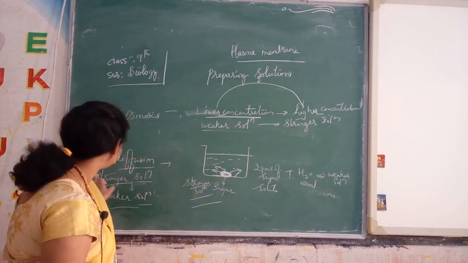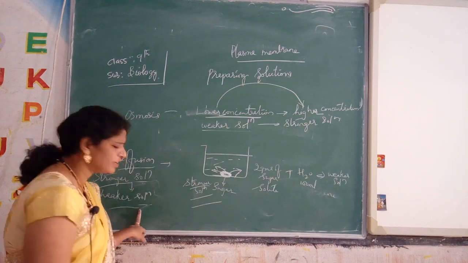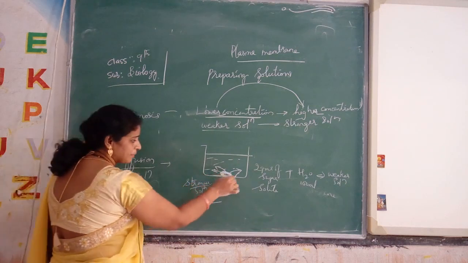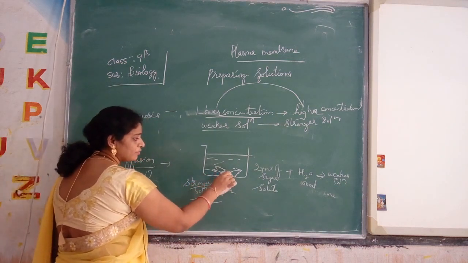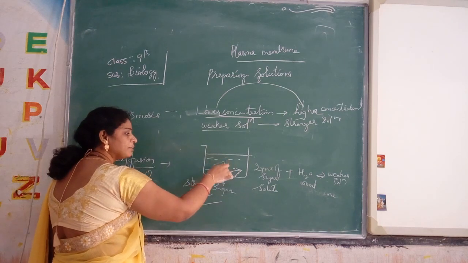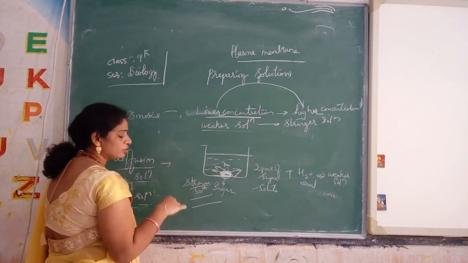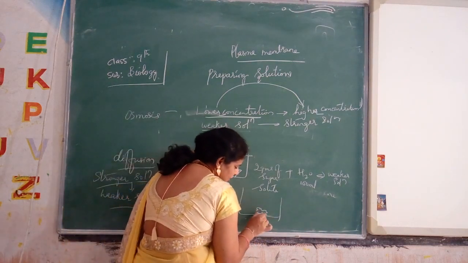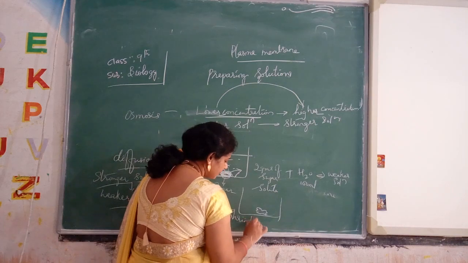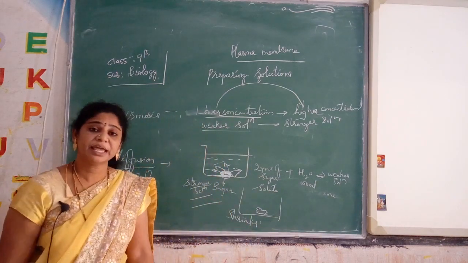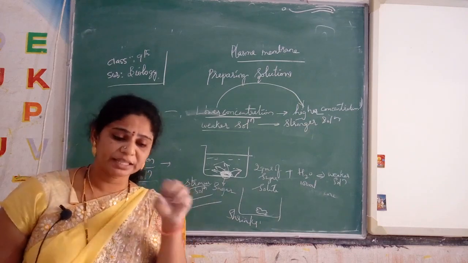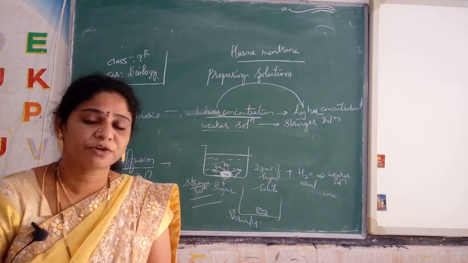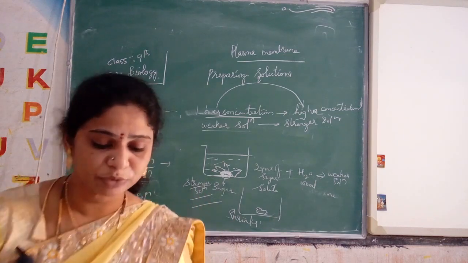So from the stronger solution it is transferring into the weaker solution, and that time we call it the diffusion process. Means the grape contains a high amount of sugar, and that is moving through the cell membrane, the plasma membrane, into the weaker solution. That process is called diffusion. During diffusion the grape shrinks. By that we can tell that the diffusion of solutes has occurred from the grape to the water.